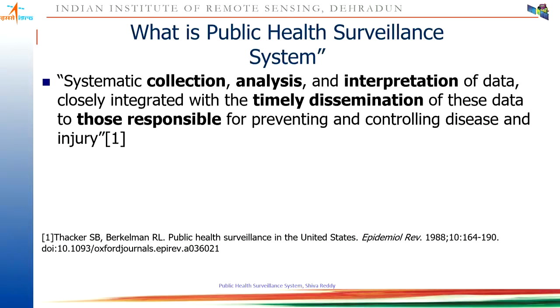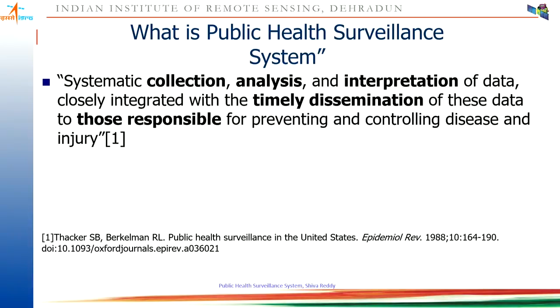If you see the proforma, they have three types of forms: S form, L form and P form. Because it is systematic, they are divided into three categories. S is basically syndromic or symptom based. S forms are generally filled by ASHA workers and other paramedical staff, but not by medical doctors. That is why they are called S forms, which involve capturing data from the public, where advanced medical degrees or skills are not required.